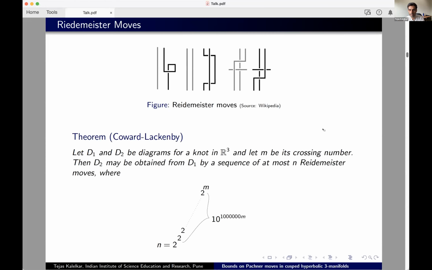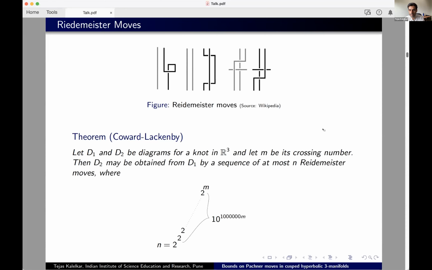There's a more recent theorem by Coward and Lackenby, who show that given two diagrams of a knot, D1 and D2, with m as the crossing number, then D2 may be obtained from D1 by a sequence of at most n Reidemeister moves, where this bound n is a fairly large number. It's a tower of exponentials, 2 raised to 2 raised to 2, raised to m, which is the crossing number. And the height of this tower itself is 10 raised to a million times m. So it is certainly not a practical bound, but as far as algorithms go, this does give us an algorithm